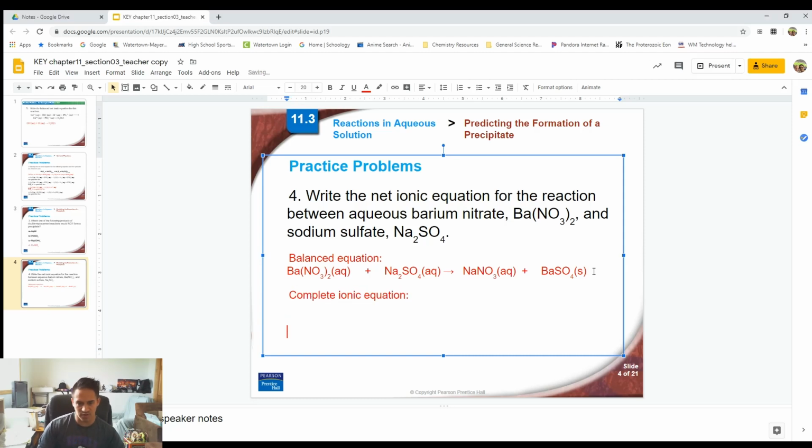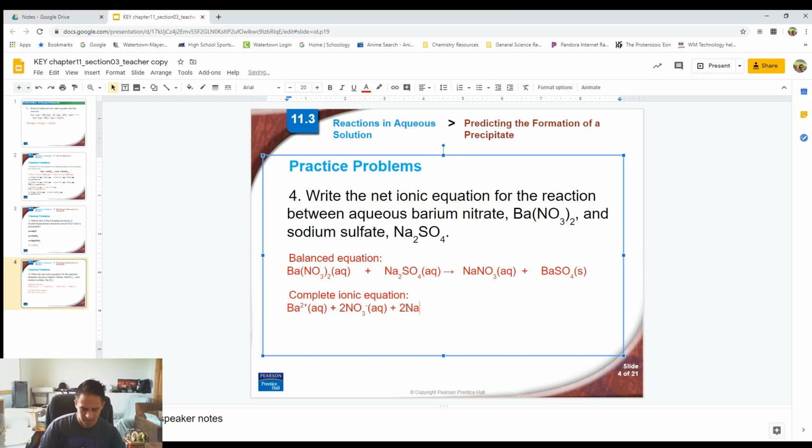Cool. All right, so from here now, we're going to write our complete ionic equation. So anything that is aqueous, we're going to write as separate ions, pulled apart. And anything that is a solid, we're going to keep together. So we have a barium ion, which is Ba2+. That's aqueous. That is bonded with 2 nitrate ions, so 2 NO3 minus ions, which are aqueous,